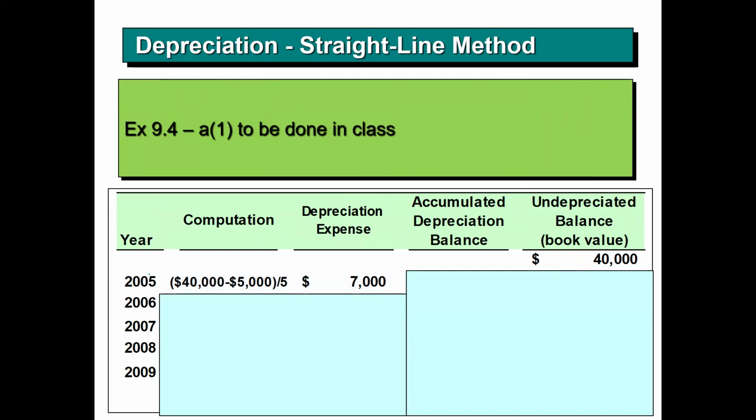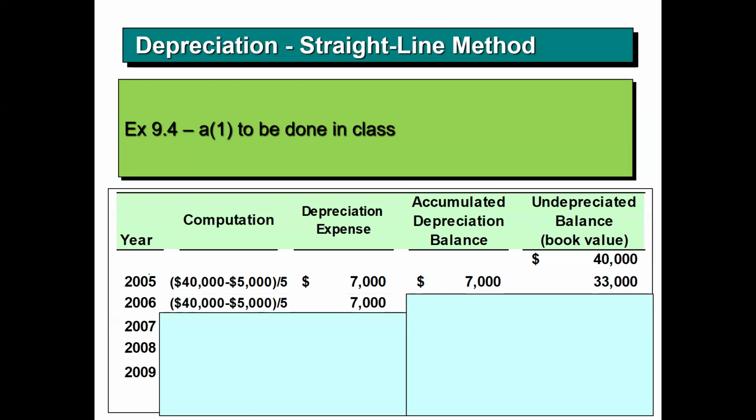Since depreciation expense and accumulated depreciation are equal in the entry, I have skipped that column. And we now have the accumulated depreciation balance, which will be 7,000, and the book value will reduce to 33,000. Next year again, we will have